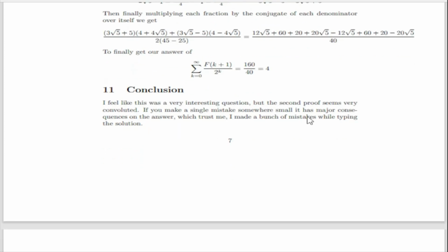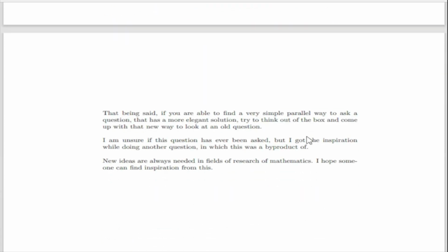In conclusion, I feel like it was a very interesting question. The second proof seems very convoluted, like I said before. If you make a single small mistake somewhere, it has major consequences on the answer, which, trust me, I made a bunch of mistakes while typing this solution. That being said, if you are able to find a very simple parallel way to ask a question that has a more elegant solution,